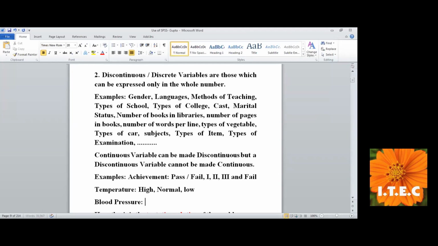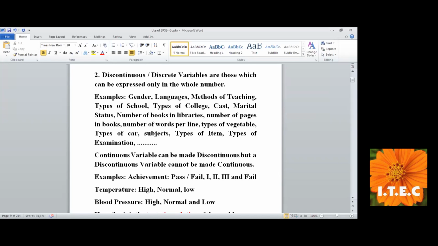It can be high, normal, and low. So like this, you can have the continuous variable, and you can convert it into the discontinuous variable,